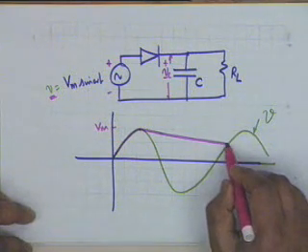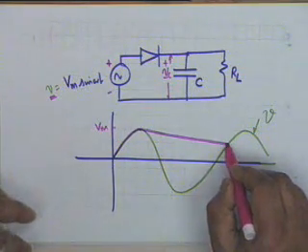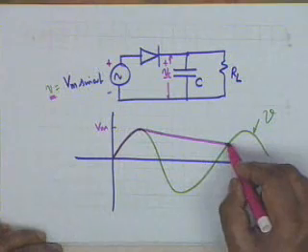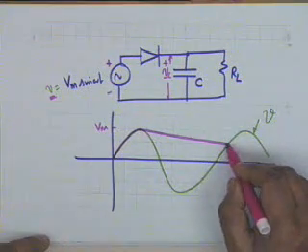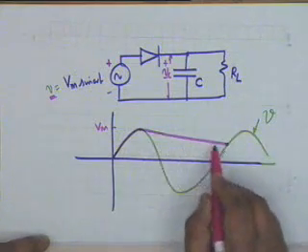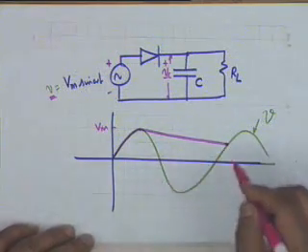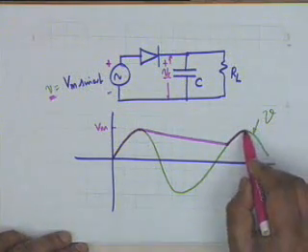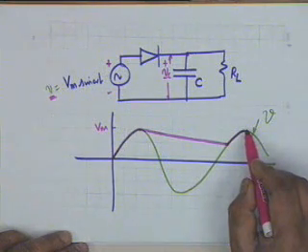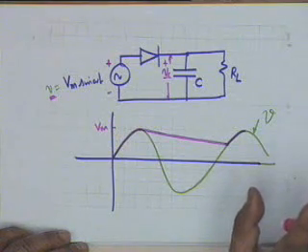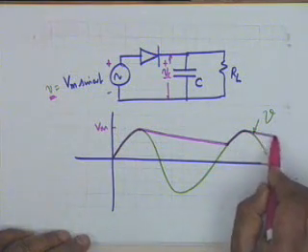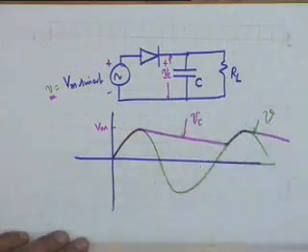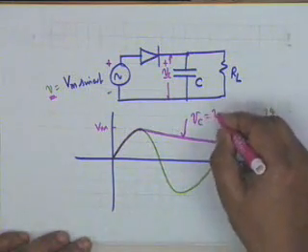As soon as the capacitor voltage reaches this point, it finds that the voltage at the anode of the diode is now increasing, and therefore the capacitor, which had lost some charge, now begins acquiring charge again, up to the maximum. Then once again the diode ceases to conduct, and the capacitor once again starts diminishing like this. This is the waveform of V sub C, the voltage across the capacitor, which is the same as the voltage